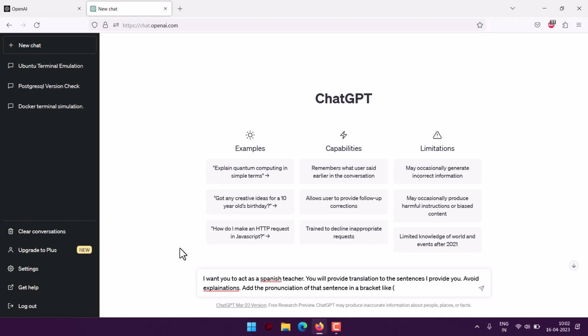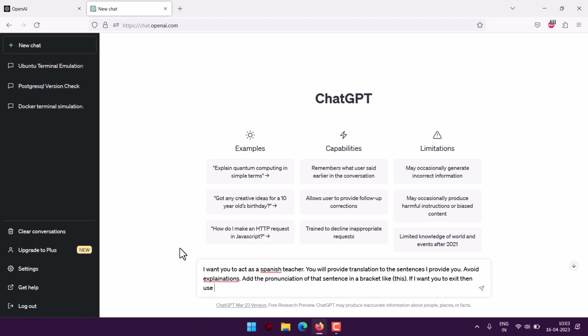Like this, right? And let's say if I want to quit, exit, then use the keyword quit for exiting out of Spanish teacher mode, right? One more thing we can say, we have to think of